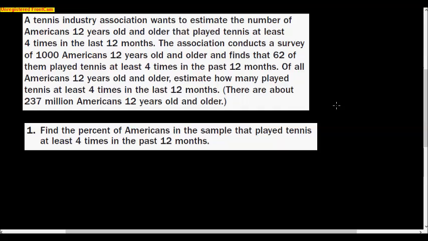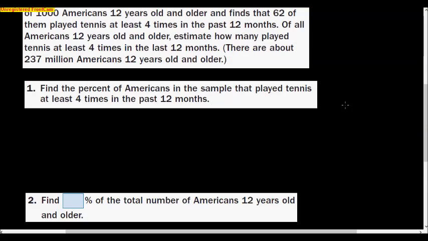Okay, so here's the process we're going to do. We're going to estimate, so this is going to be about, but first we're going to find the percent of Americans that were sampled that play at least 4 times the past 12 months. So up in the reading here, they said 62 out of 1,000. That's a good old ratio. If I want to turn a ratio or a fraction into a percent, I just simply divide. So you divide the top by the bottom, and you get